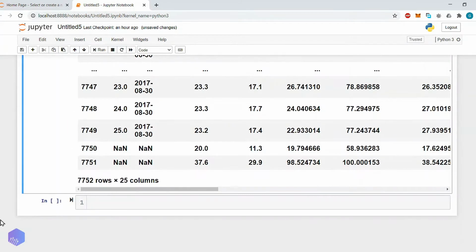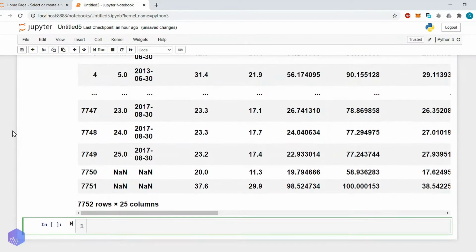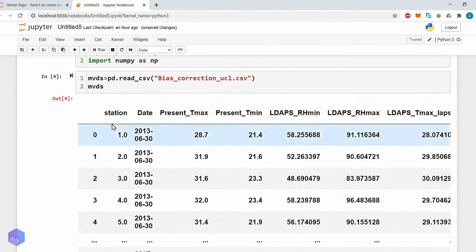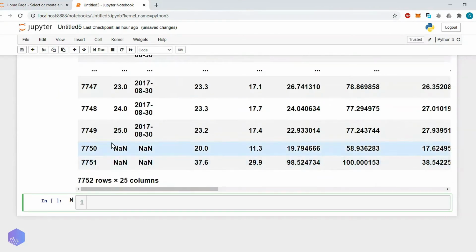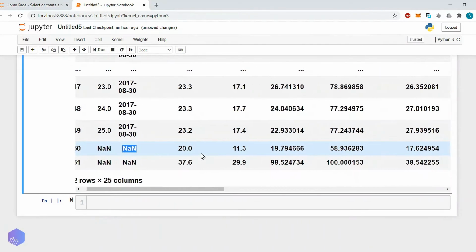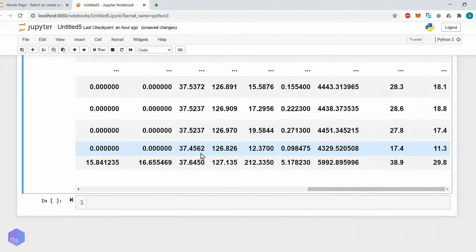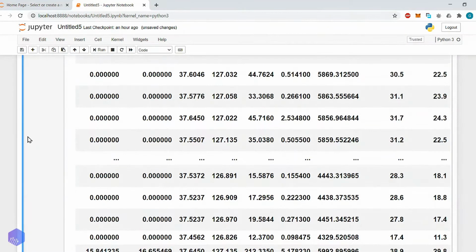Now let's see how to know whether a particular column has any missing value or not. As you can see in the figure, for example, let's consider this station column. In station you can see that in the last two rows no values are there. Wherever there is a missing value, it will be represented using NaN.